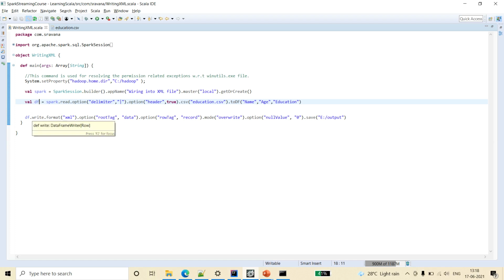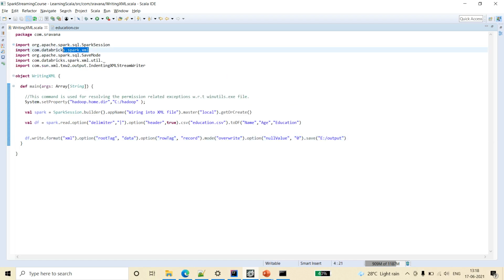So friends, this is the syntax for writing into XML file. df.write.format XML. Here I have imported com.databricks.spark.xml, hence I just mentioned XML. If you don't want to import that, you have to enter this entire thing inside this format. In the option I am mentioning the root tag.